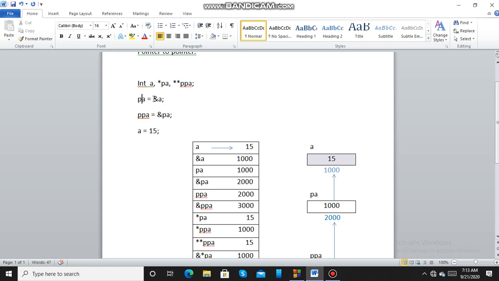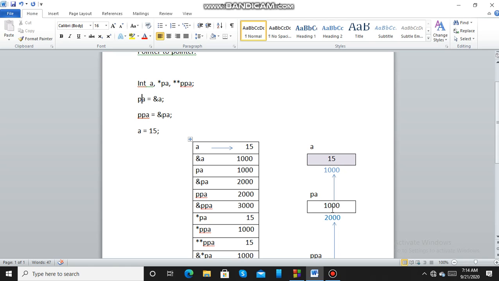The address of a is 1000, that I am assigning to pa here. So pa is 1000.